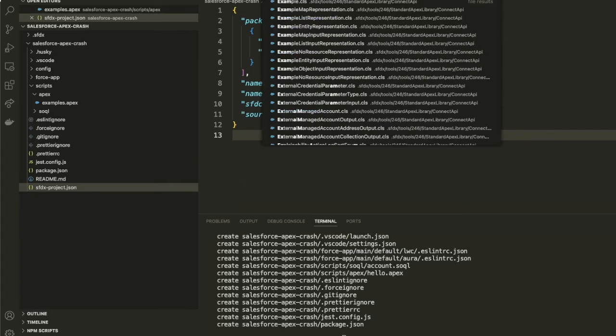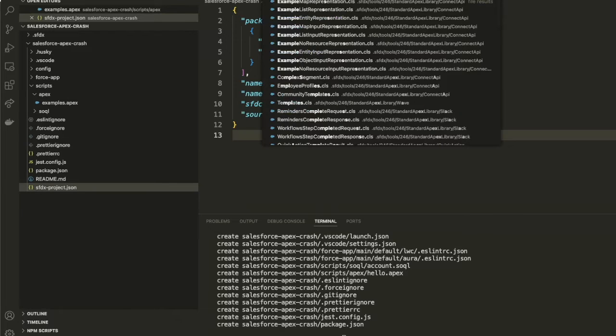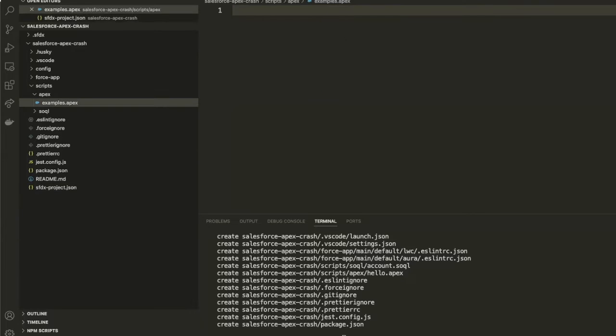Now, I know that this file was already open at the time, but I just want to show you exactly how to access that. And actually, it's examples.apex, not JSON. So opening this here, we're back in our script file. So I guess the very first concept I want to show you guys is how to work with various types